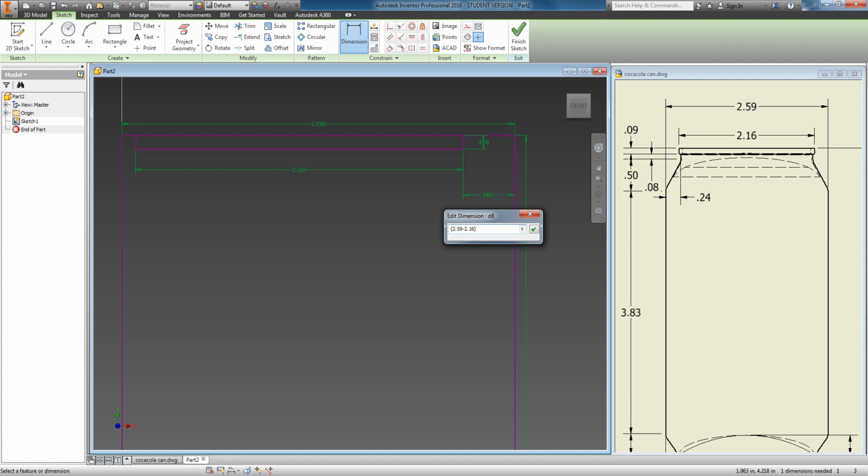Okay, and then I need to divide that difference in half. So it spreads that number that equates. So 2.59 minus 2.16, it divides that number into 2. So we get 2 equal measurements on either side, which then makes that box centered,